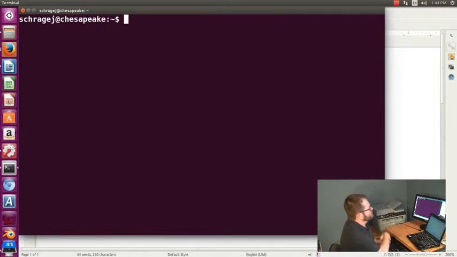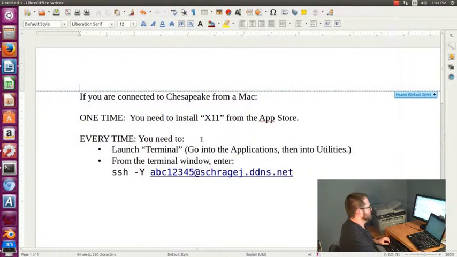Alright, so you're at the command line. Your prompt is going to say something different than this, but once you are there and you're ready to log into Chesapeake, what you're going to write here is SSH space -Y, and it has to be a big capital Y, SSH -Y, and then your login. This information is, by the way, on the document that you have available to you on Blue Line. So SSH -Y, and then your login, which will be your NetID